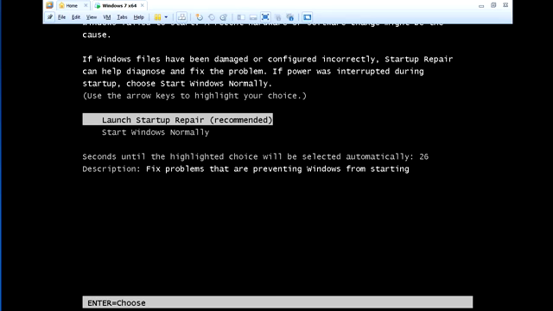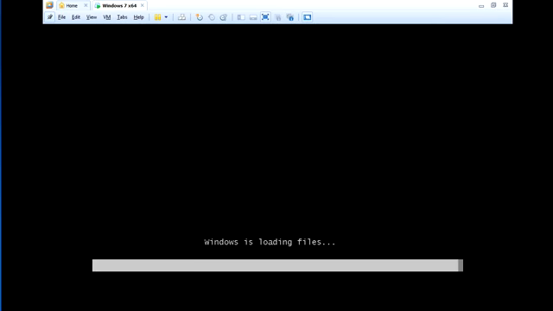So basically every time the computer gives you the safe mode options, which is not what you want, hold Control Alt Delete, which will restart the computer until eventually you end up with this screen which says launch startup repair or start Windows normally. You want to launch startup repair,